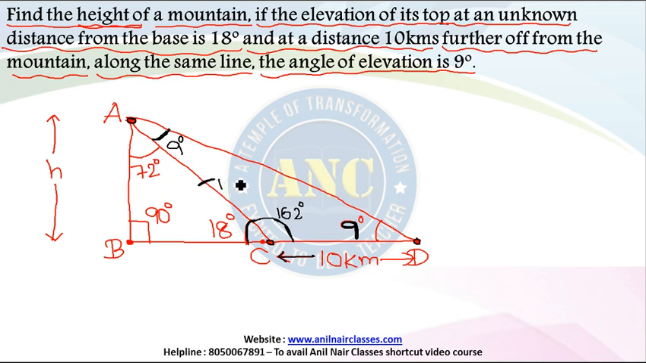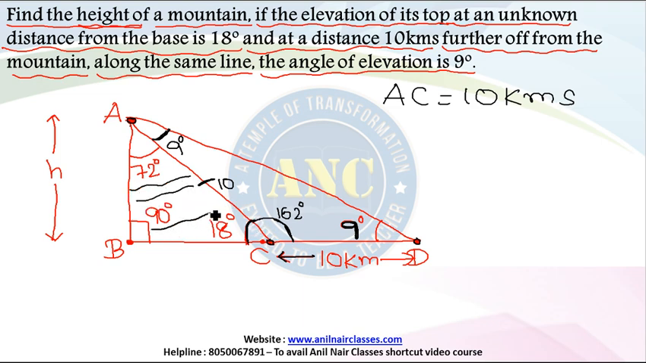That means the AC value is 10 kilometers. I hope you are able to understand this logic. Now we got the value of AC as 10 kilometers because it's an isosceles triangle. If I take this particular right angle triangle, triangle ABC, which I am shading right now, in triangle ABC I